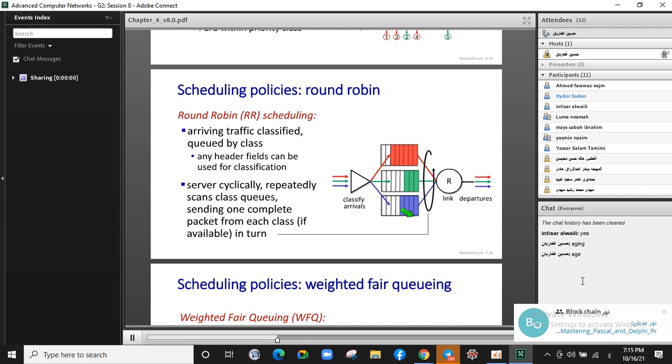It means that I'm sending 3 red packets. After that, 2